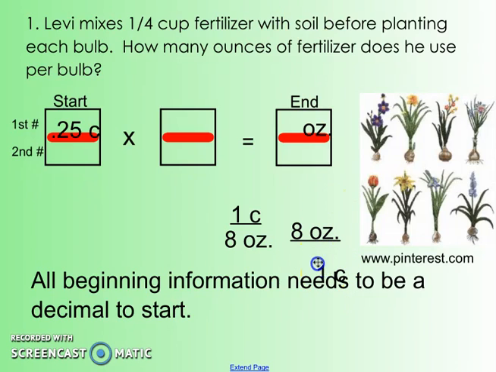Now, which one are we going to use as our information in the middle? Correct. Cups is on top, so it has to go on the bottom. Now the reason why it goes on the bottom is because we want cups to cancel out. Remember, it's kind of like when you're multiplying fractions. When you have two of